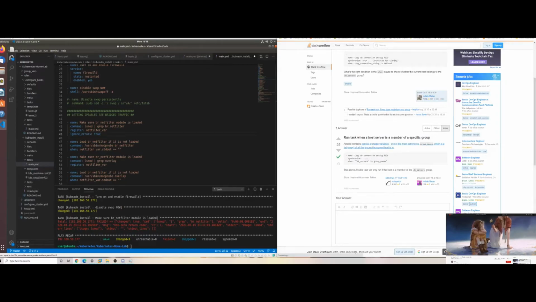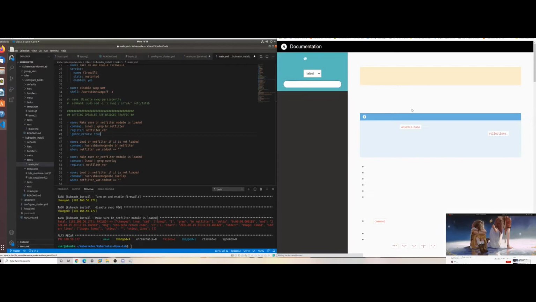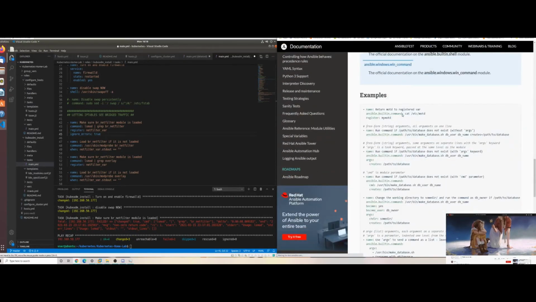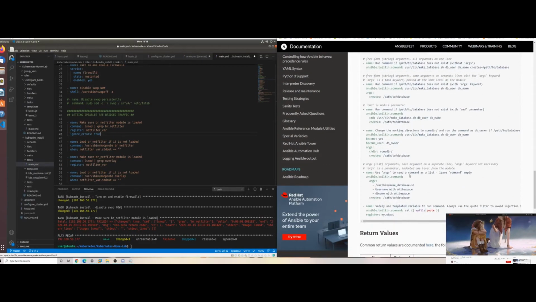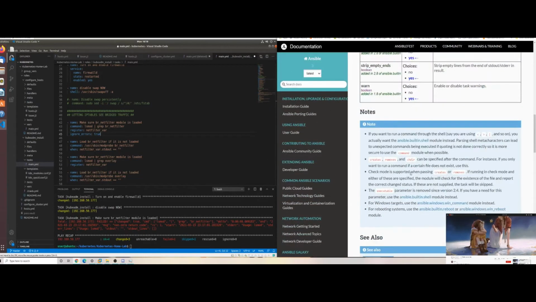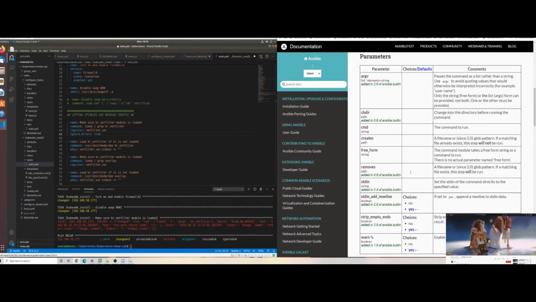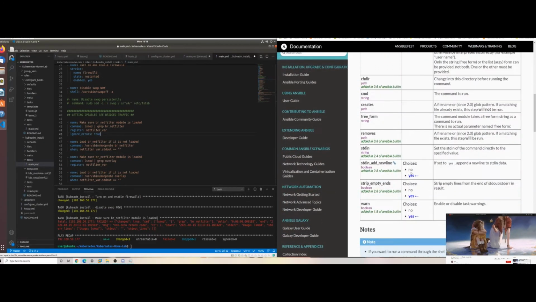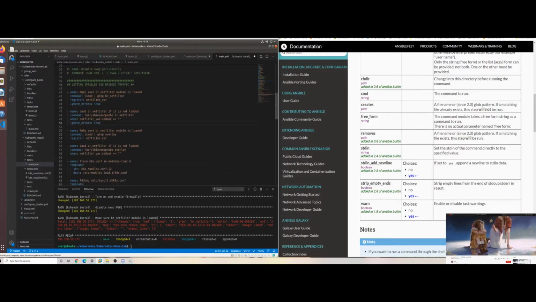Command module, args, I think it's in here. Maybe warn, removes, ignore. Well, I think ignore errors is true. There's no harm in ignoring these errors. Actually, I think you would want